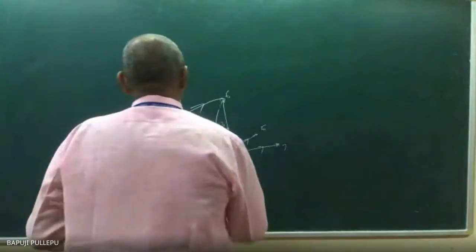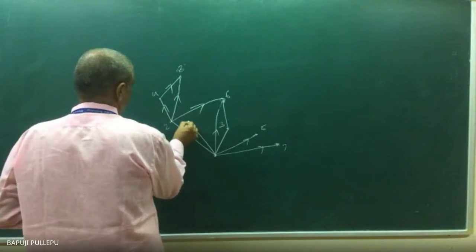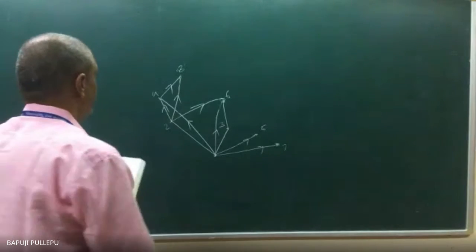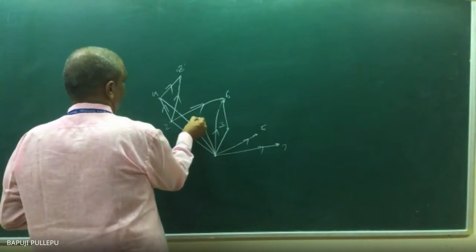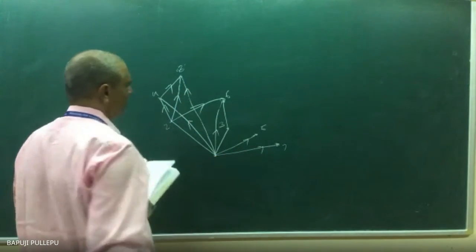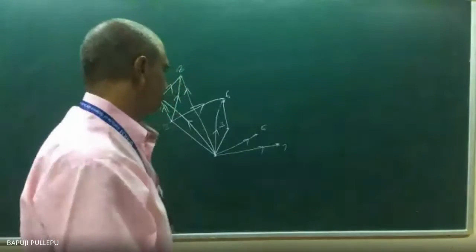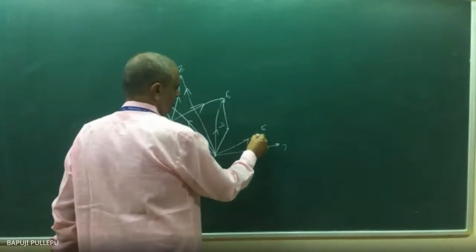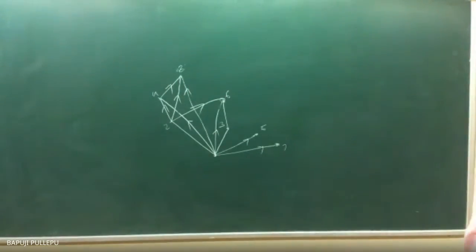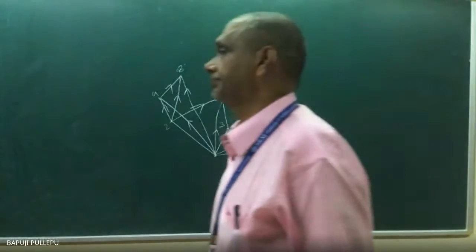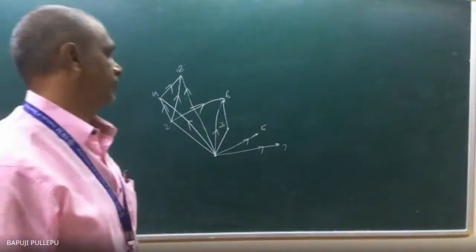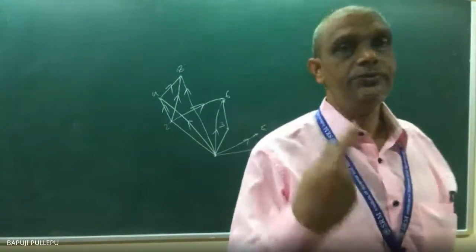Then 1 to 4. And loops are also there. It needs a lot of calculation, so I am not drawing the loops, because 1, 2, 1, 2, that 5 is there. That's why I'm taking this as a diagram you can draw. Now from this you can develop the Hasse diagram. The Hasse diagram always goes in the upward direction only. Start with the minimum element, reach the maximum element.